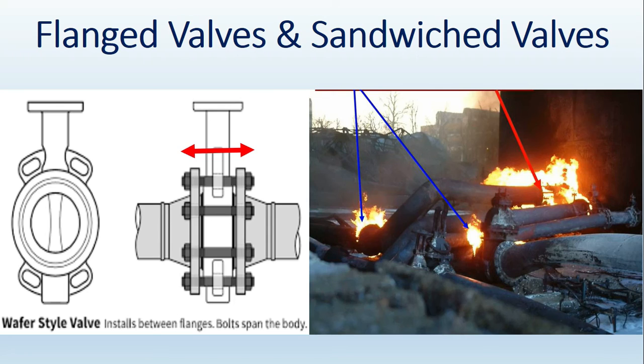Especially in petrochemical or fire prone plants. If we are using sandwich valves in a fire prone plant like maybe petrochemical, then those valves should be preferred for services which are not flammable, like maybe water, fire water, or any water services. So even if there is a leakage, it will not aggravate the fire. It will not help to spread the fire. In petrochemical plants, this kind of valves are generally discouraged.